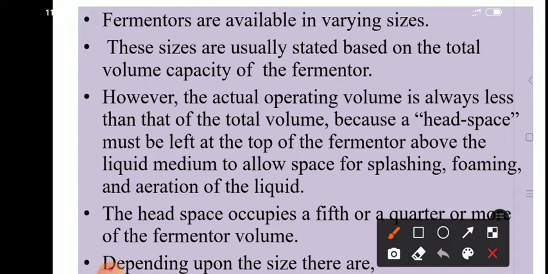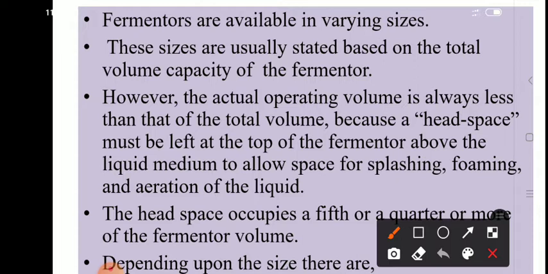But the working capacity, the operating volume, is always less than the total volume because head space must be left at the top of the fermenter. If it is a 5 liter tank, then we can fill it only with 3 liter of medium. Empty space called head space must be left above the liquid medium, so that when we are mixing, there is foaming, aeration, and splashing.